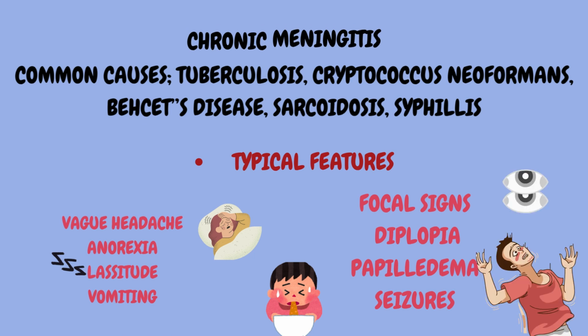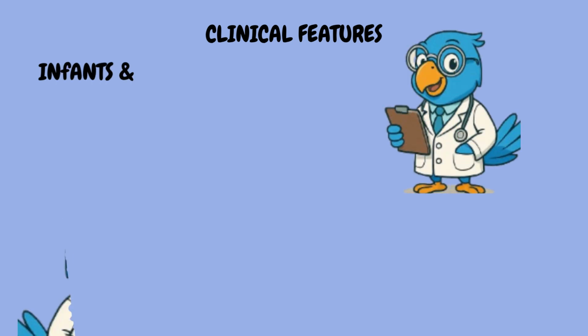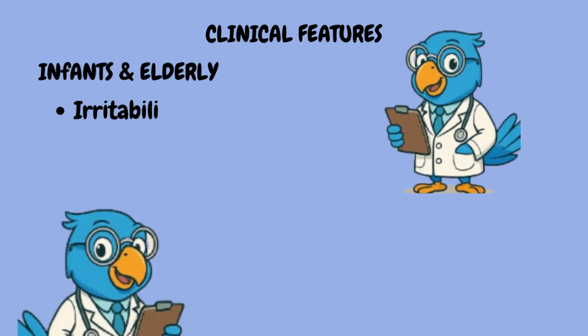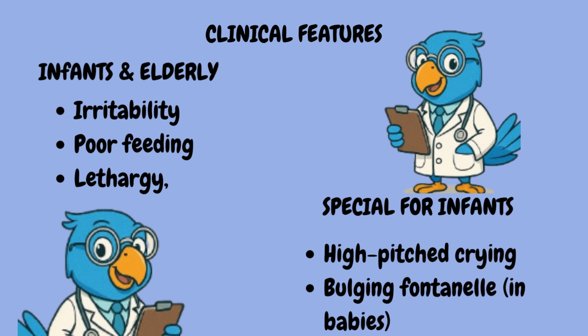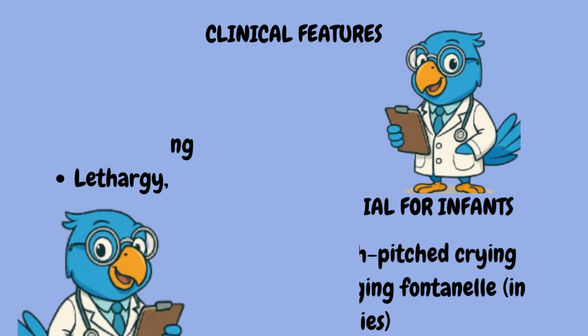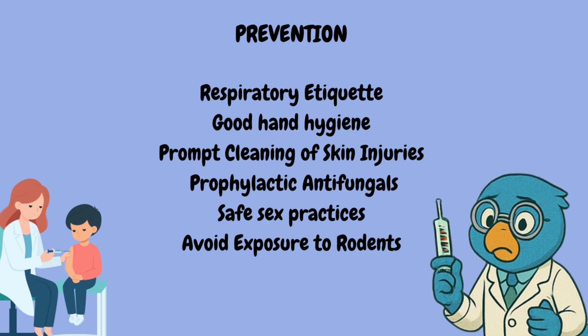Now, the clinical features of meningitis are irritability, poor feeding, and lethargy in both infants and the elderly, with high-pitched crying and bulging fontanelles present in infants alone. Now, prevention is usually better than cure, so prophylaxis is always taken to avoid meningitis. Respiratory etiquette, good hand hygiene, prompt cleaning of skin injuries, prophylactic antifungals, safe sex practices, and avoiding exposure to rodents